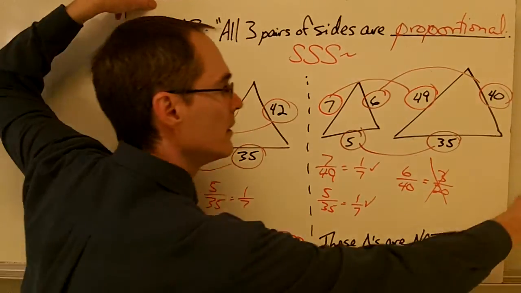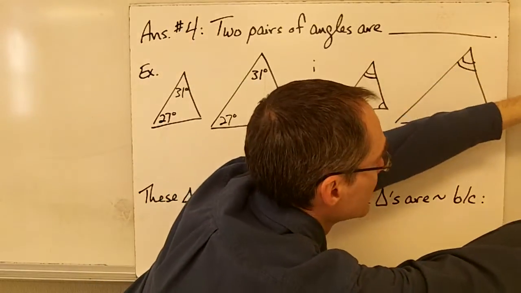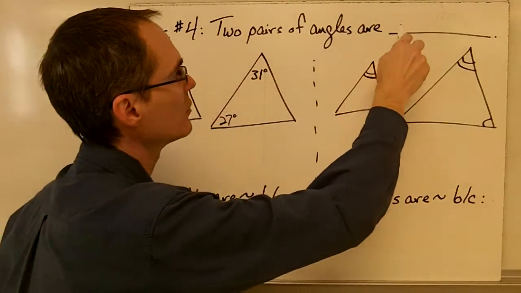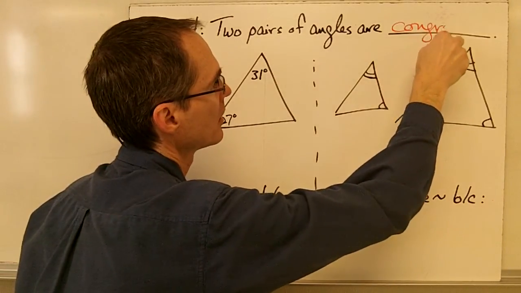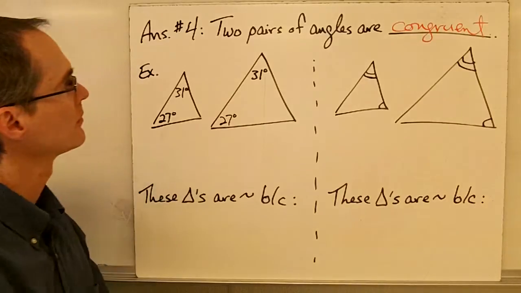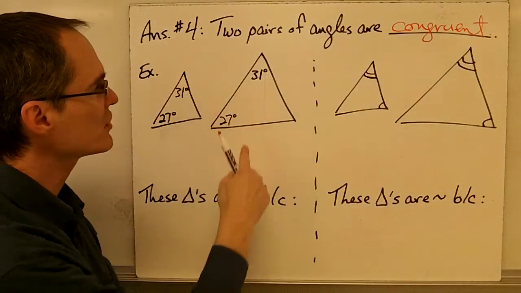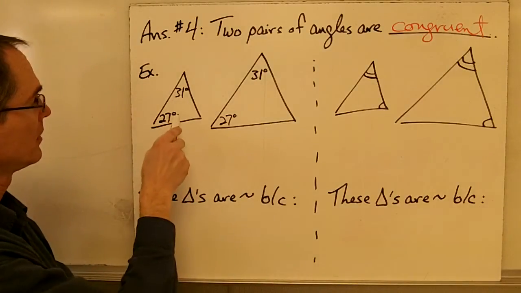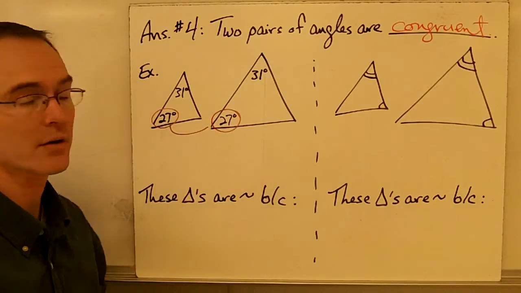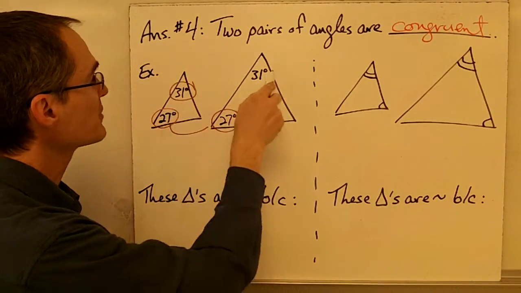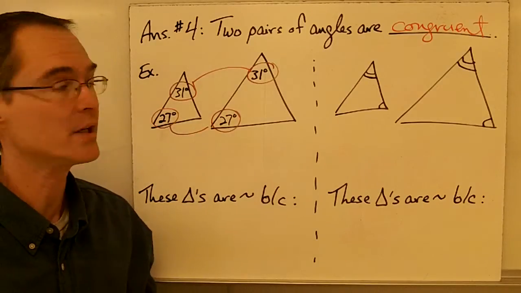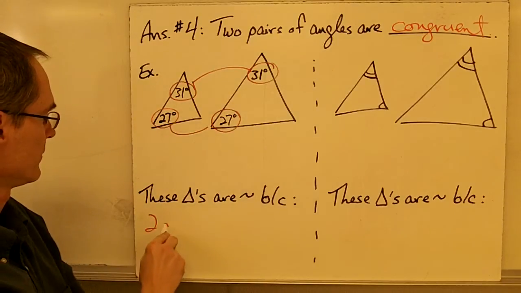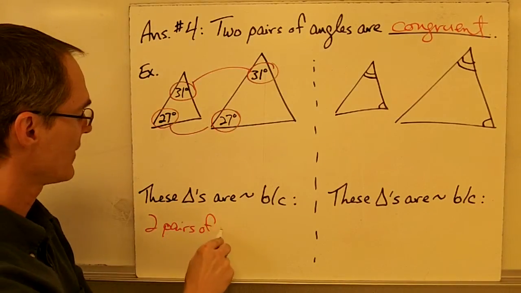Now let's take a look at a fourth way that we can answer the question, how do I know if two triangles are similar? I know if two triangles are similar if two pairs of angles are congruent. In other words, even though I might not have any information at all about the lengths of the sides, if I have information that tells me that, for example, this pair of angles here are congruent, they're both 27 degrees, and this pair of angles here are congruent, they're both 31 degrees, well then I know that these two triangles here are similar because two pairs of angles